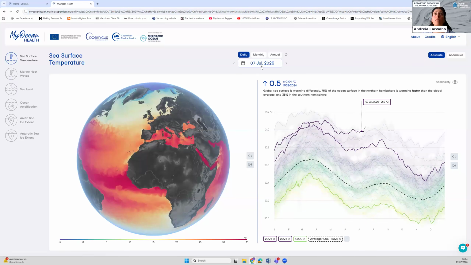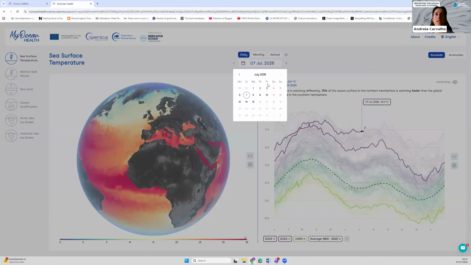You can select another date, so you can actually access daily data. You can select another day, and by navigating on this panel, you can access another month of the year and also other years all the way back to 1993. And go back to today's